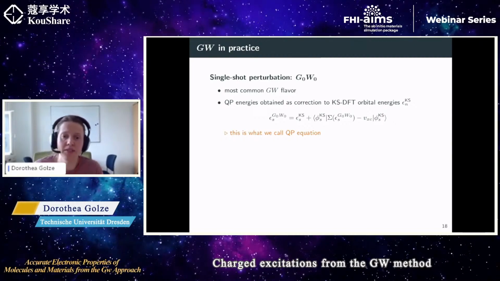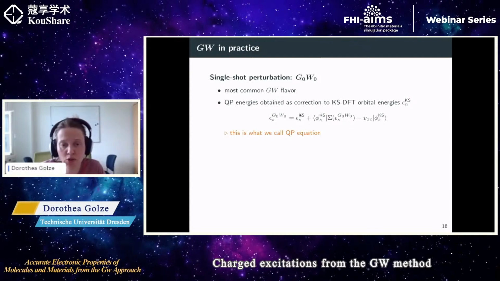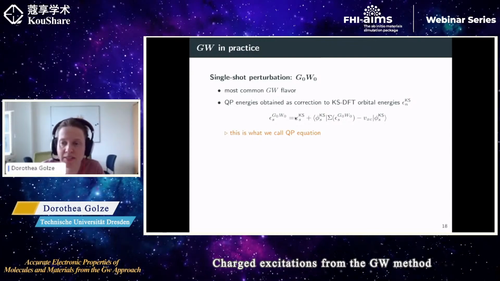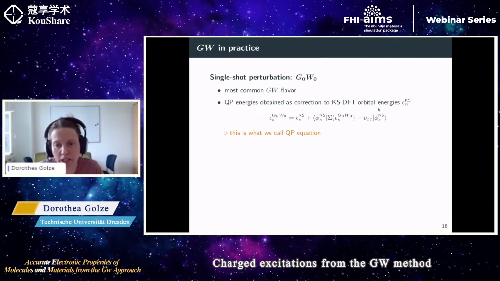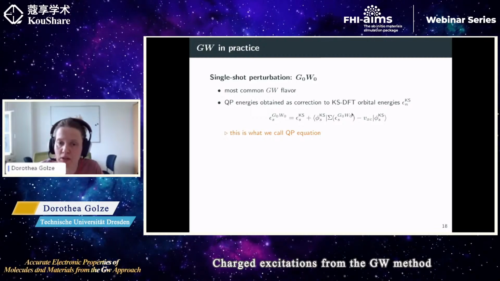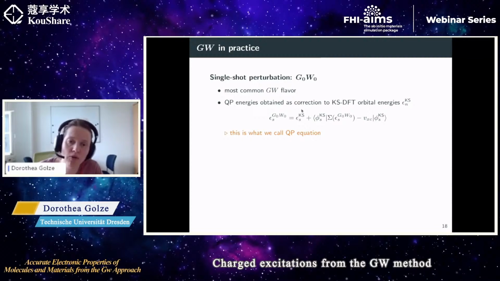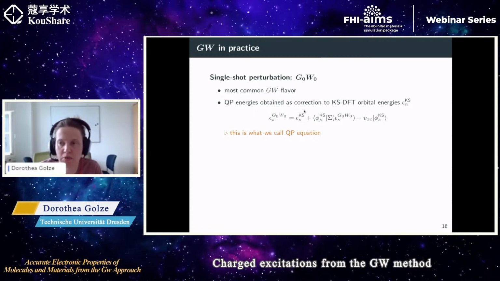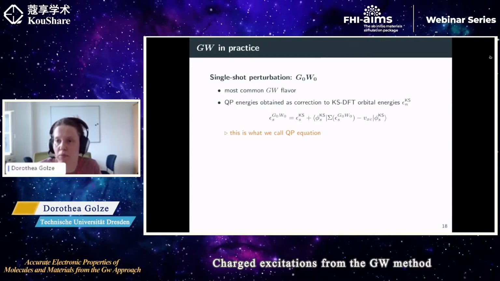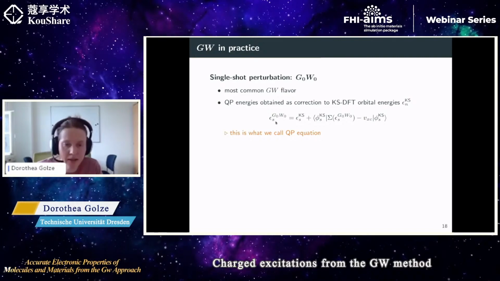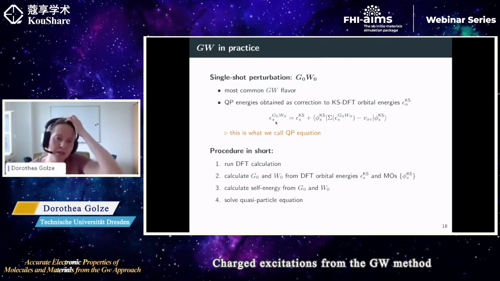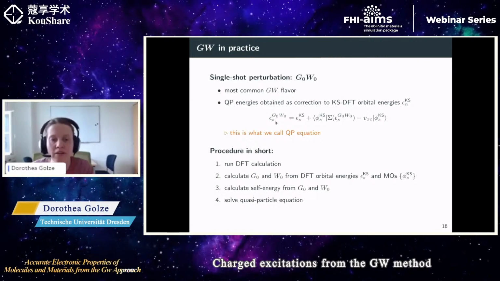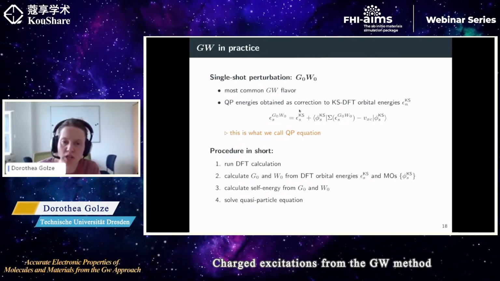How it works is that I take my Kohn-Sham energies for state S, and then add the correction term, which contains this self-energy. And this is what we call the quasiparticle equation. So exactly this expression is the one. To explain the procedure in short, we first run a DFT calculation to get our Kohn-Sham orbitals,